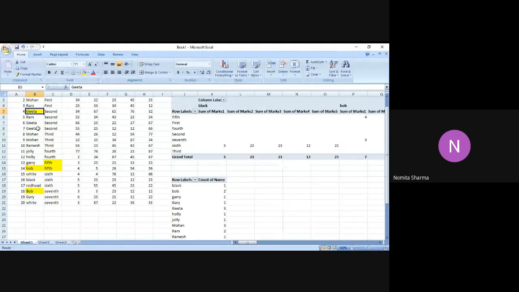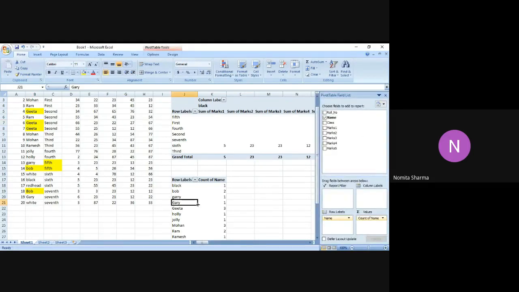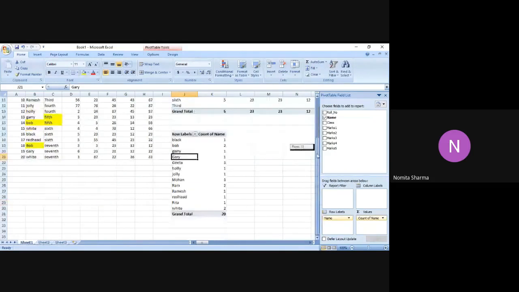It is there in the same class, right? But it may be a scenario where she's in a different class, so that also we can do. Coming back to this pivot table, Ram is appearing 2 times, Mohan 3 times, White 2 times, and accordingly it has given me the grand total of the names.